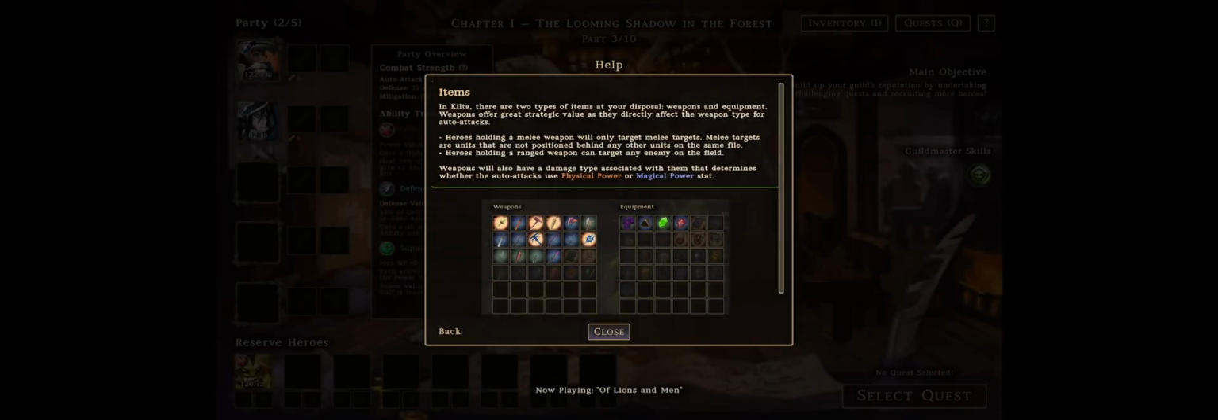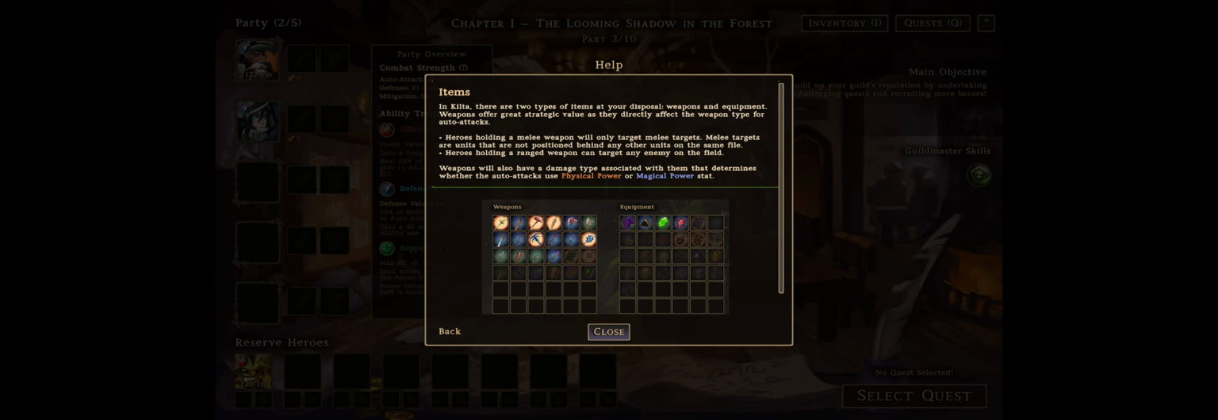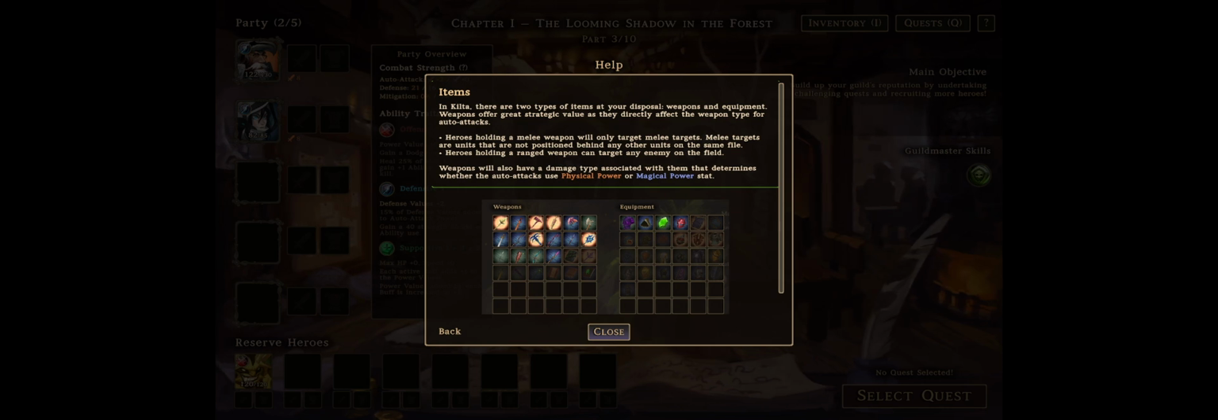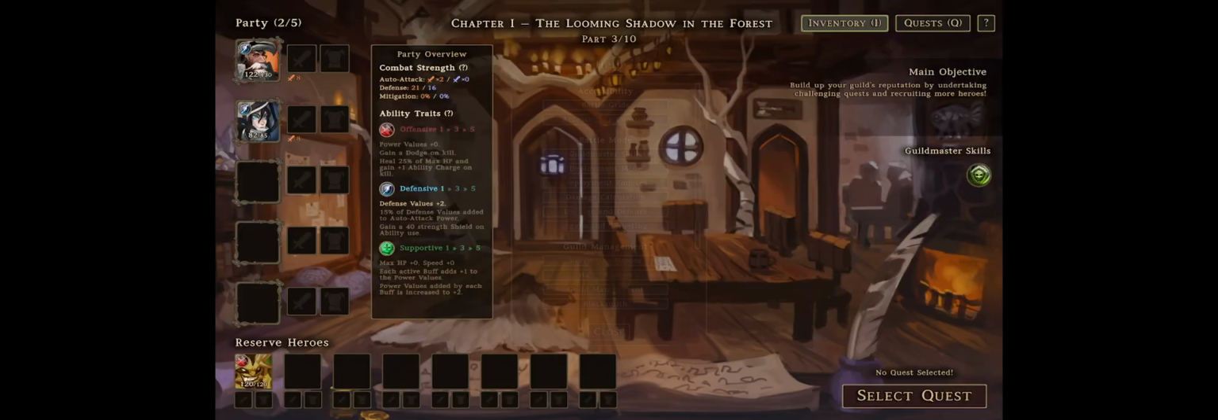Items in Kilta. There are 2 types of items at your disposal. Weapons and equipment. Weapons offer great strategic value as they directly affect the weapon type. For auto attacks, bullet heroes holding a melee weapon will only target melee targets. Melee targets are units that are not positioned behind any other units on the same file. Bullet heroes holding a ranged weapon can target any enemy on the field. Weapons will also have a damage type associated with them that determines whether the auto attacks use physical power or magical power stat. Back, button, close, button, press battle grids, help, close, battle help, inventory, button, quests, button, press help,